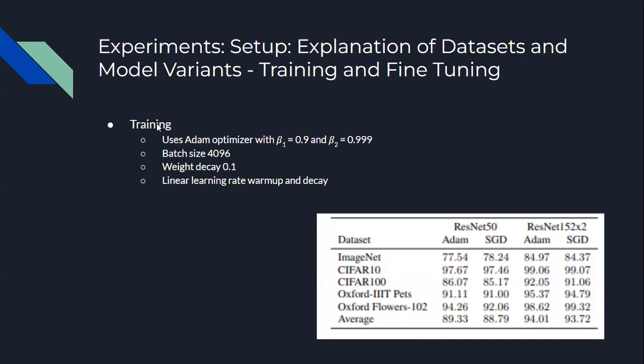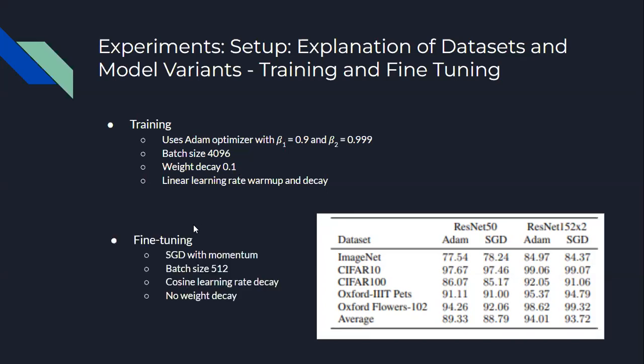Finally, real quick, in training, unlike SGD, they found after some experimentation, as you can see in this table down here, that on average the Adam optimizer performed better with ResNet than SGD. So that was their design choice with their various hyperparameters there. And then for fine tuning, they did use SGD with momentum, batch size 512, no weight decay, and cosine learning